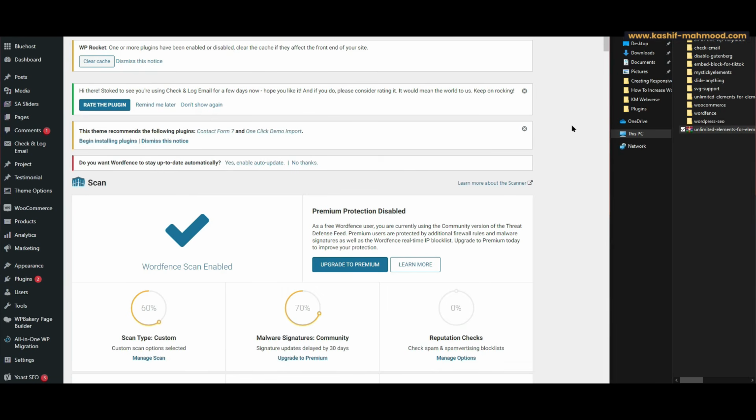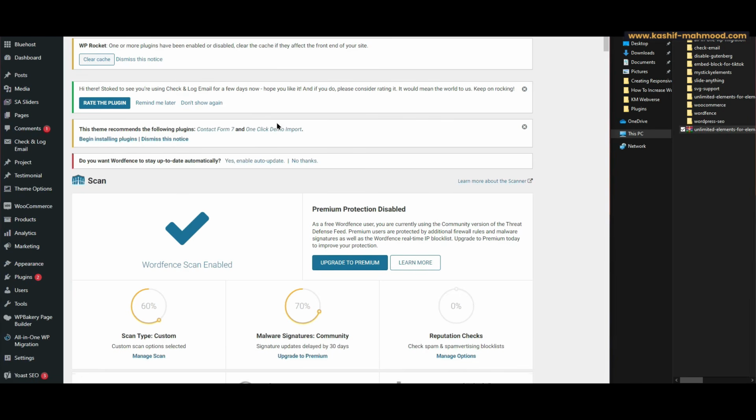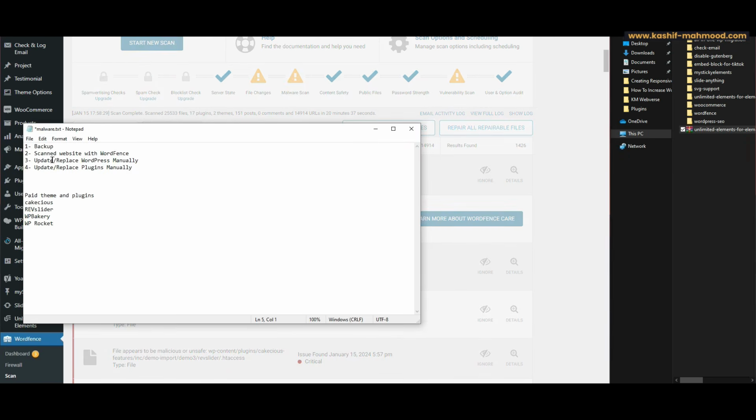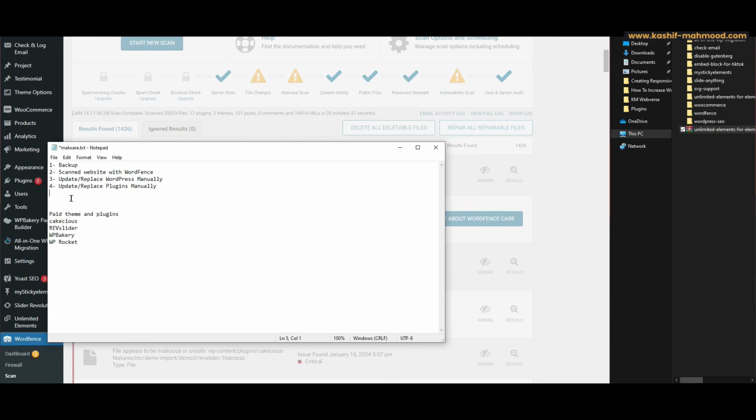So now I have replaced all the free plugin files from the file manager. Here you can see, after rescanning the malware, it is now reduced to 1426 files. At first when we started it was like 3800, and then after updating WordPress manually it was reduced to 3200, and now after replacing the free plugin files it is reduced to 1426 files. So now we have to update and replace the theme files, but we are using a paid theme,